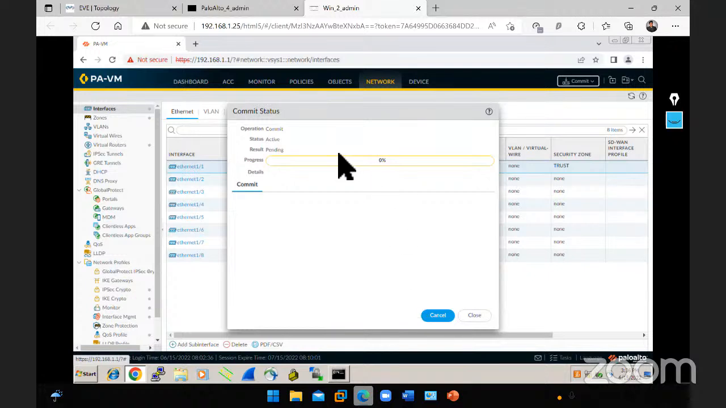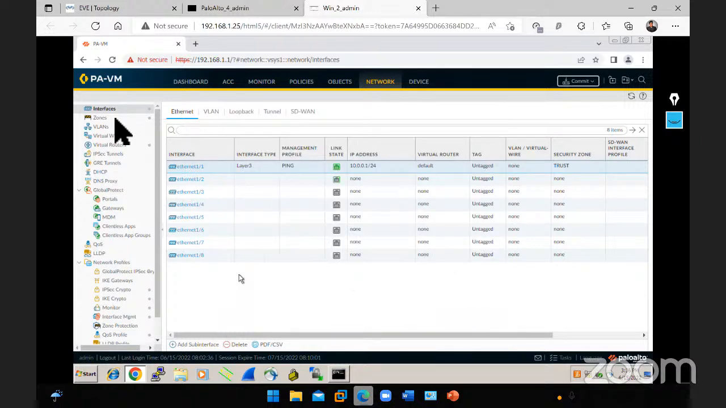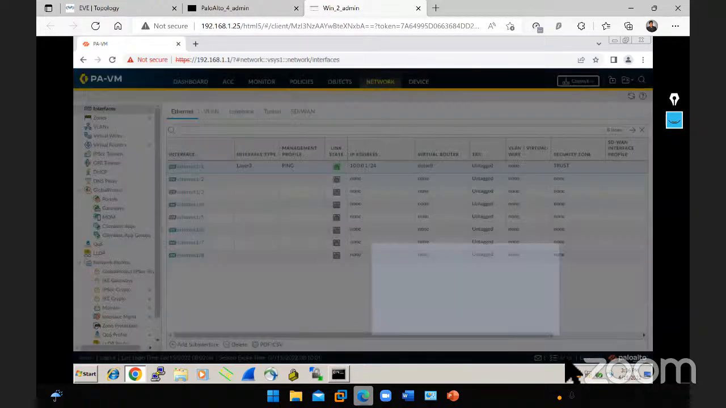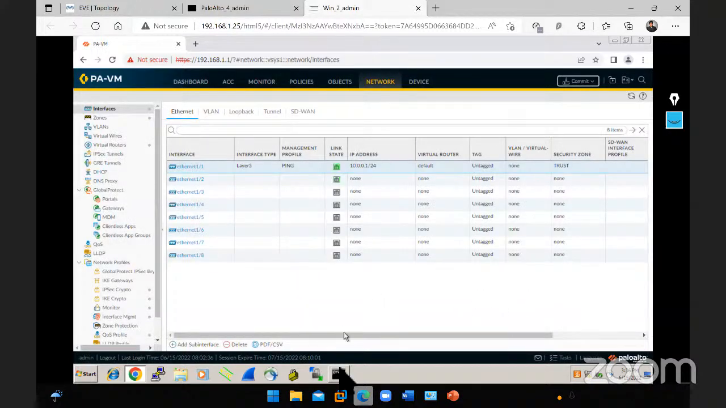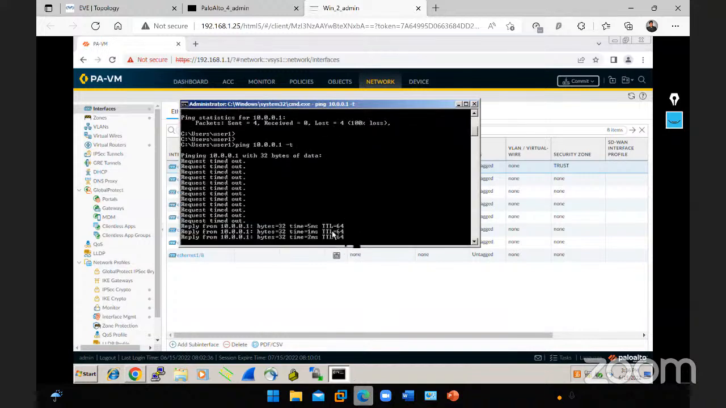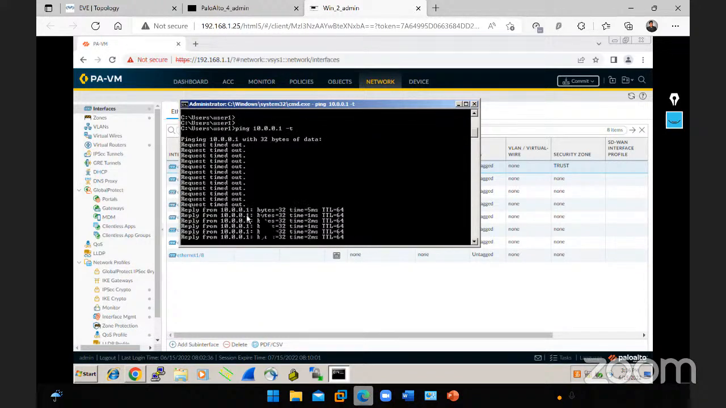Right, and also if you're working in a production environment, you don't really have to wait for this commit to finish. You can simply close this and keep working on whatever you're doing, right? How do you see the status at the end? On the bottom right corner here, you can click on tasks and it will be there. So it is 70% done now, 98, and we can close this. And you see, it is 100% committed now, and we are now able to communicate with the firewall on the data port,